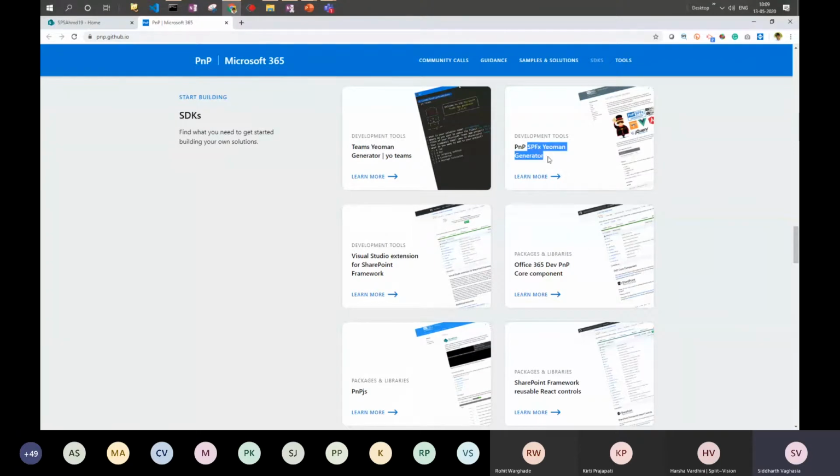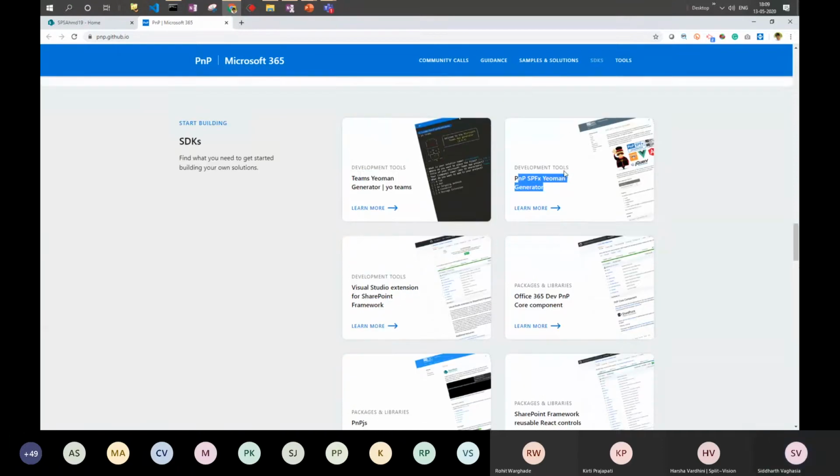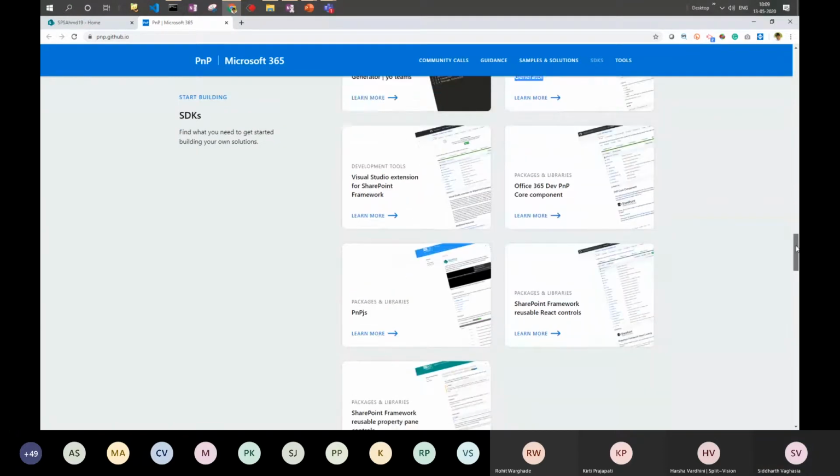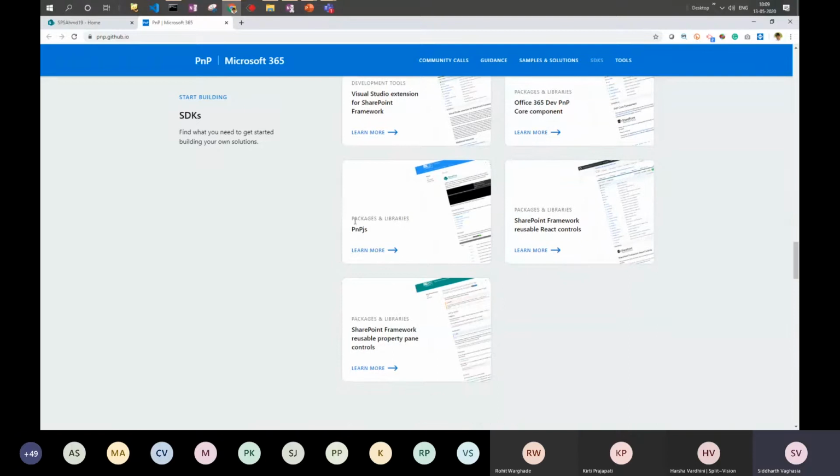If you are using this PNP based Yeoman generator, it is an extension to the out of the box generator, which also allows you to create other frameworks like Angular or Handlebars or extended Vue.js, plus jQuery also, right? Within this SDK, we have seen in the previous session the PNP.js library.